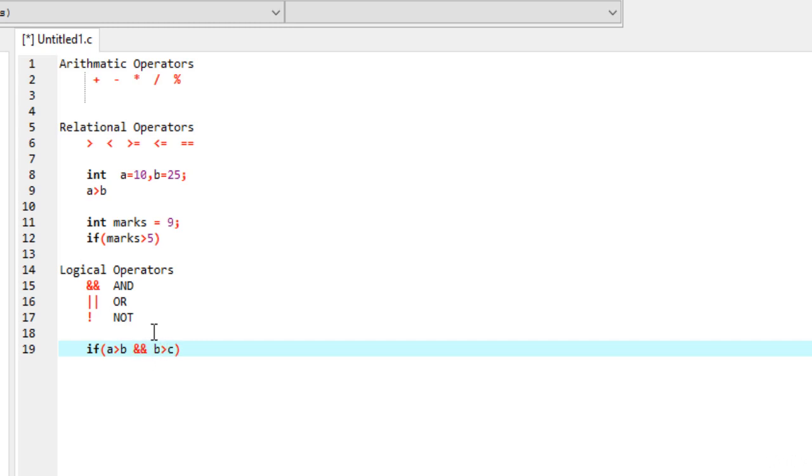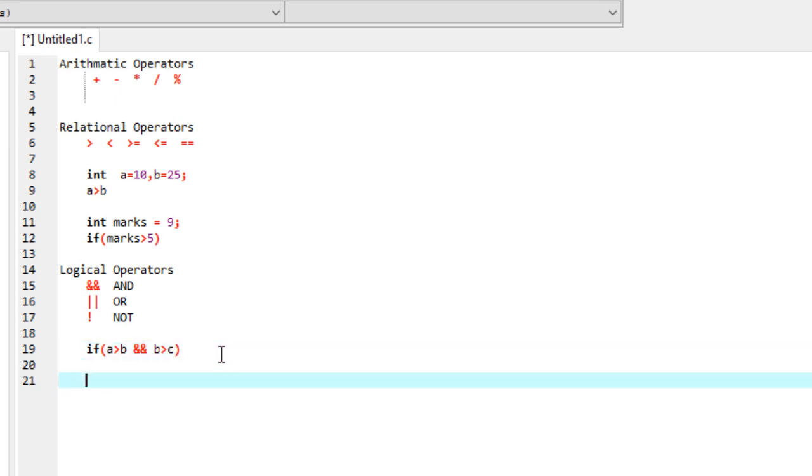Now there is a left hand side and a right hand side. So we call this the left hand side and we call this the right hand side. When left is true and right is true, then we will get a true value. But when one of them comes out to be false, or both come out to be false, then you will get false. You can understand it easily by the truth table.